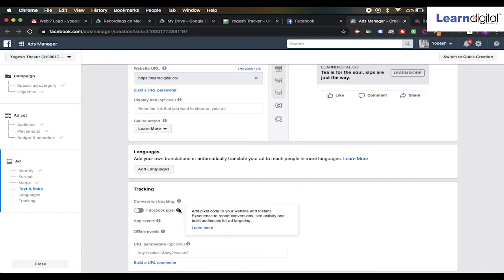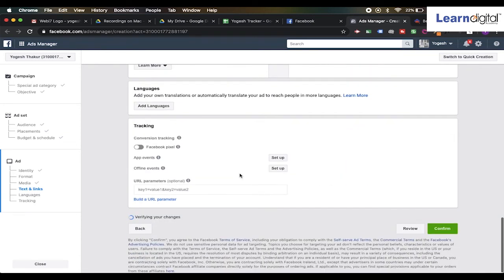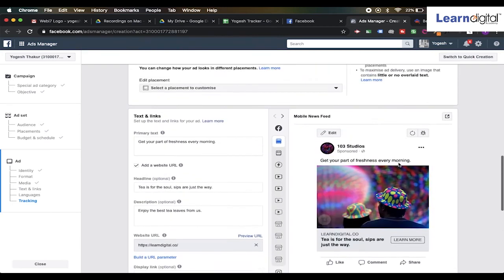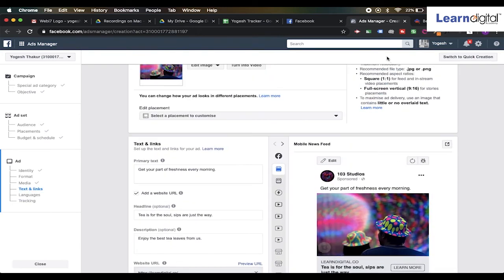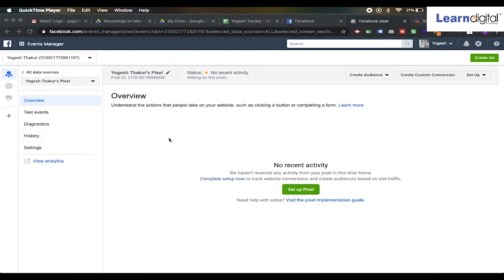This is the Facebook pixel, which we already spoke about. It is a set of code given by Facebook, which you're going to put at the back end of your website. You're going to paste it under the head tag, and it will start to track how many people have visited through your ad. And you can actually go ahead and show them ads.